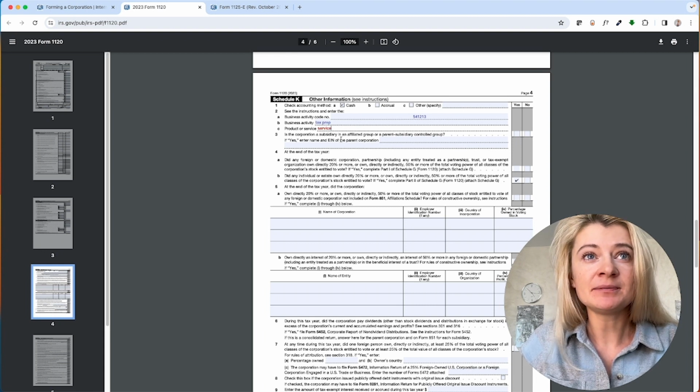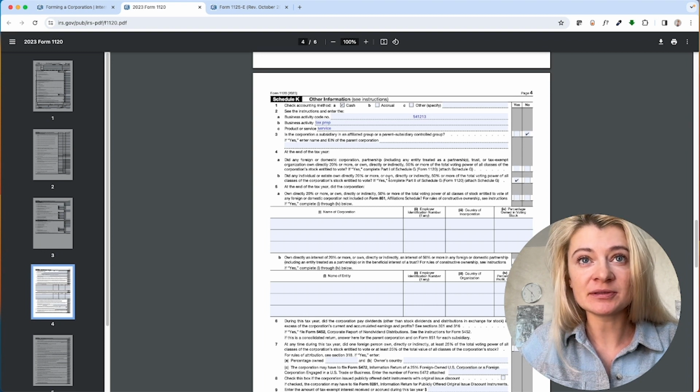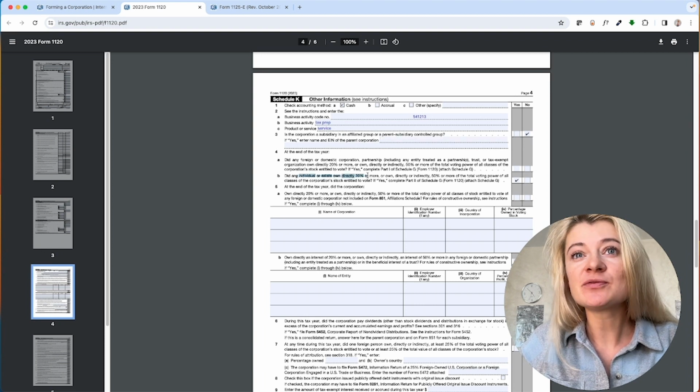So for example, those kinds of things we usually answer no. Is the corporation a subsidiary of an affiliated group? Those kinds of things we say no, unless they are. Here, if any individual owned more than 20%, we have to fill out this Schedule